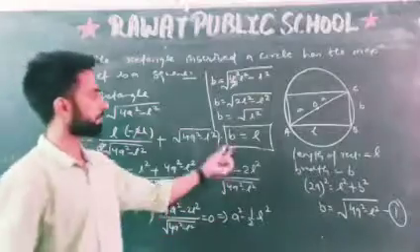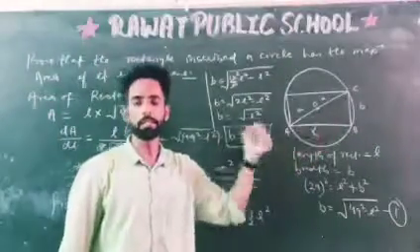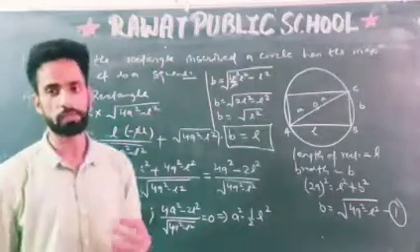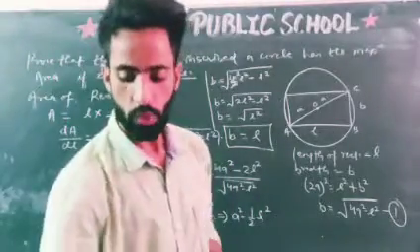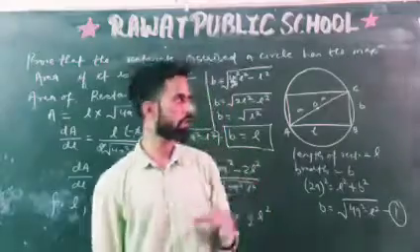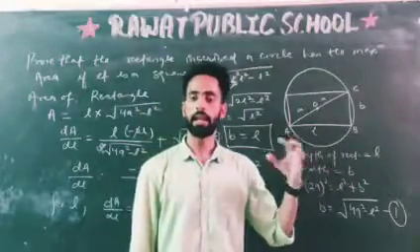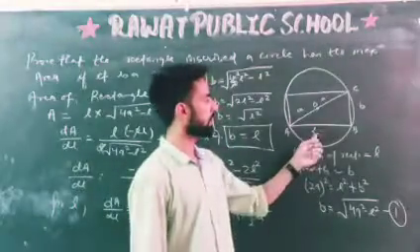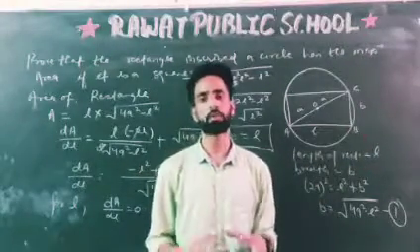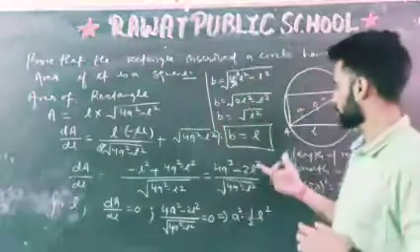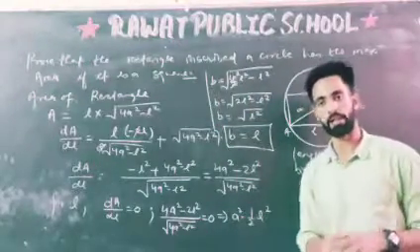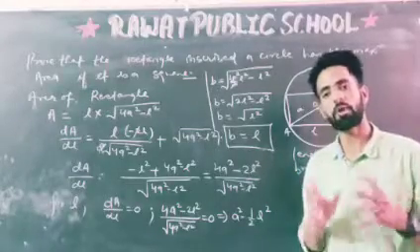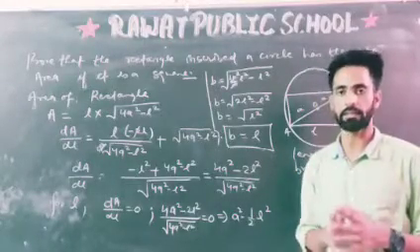So now here the breadth and the length are equal. Only in that case the area can be maximum. It doesn't matter what kind of rectangle you are drawing inside the circle, the area will always be maximum for a square. In that case, the length should be equal to the breadth. This was supposed to be proven here, and we have proven that the length is equal to the breadth. That means the inscribed quadrilateral must be a square to obtain the maximum area. Thank you.